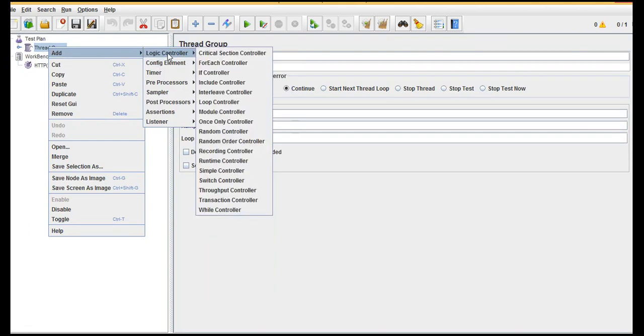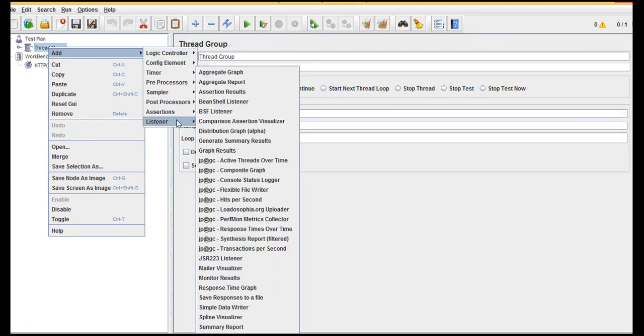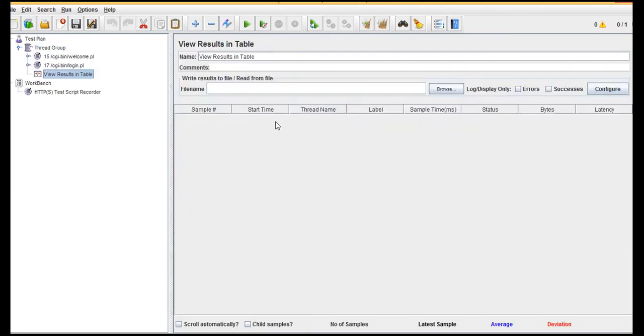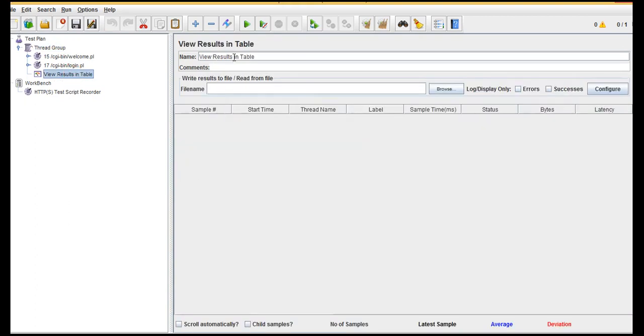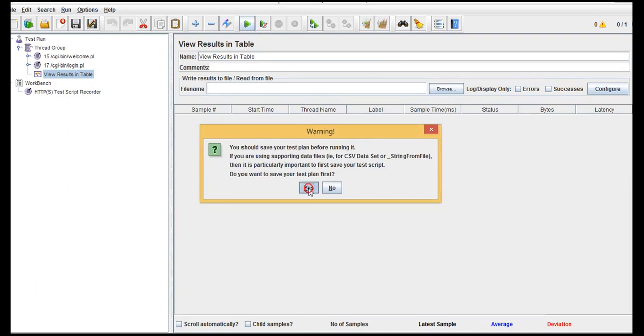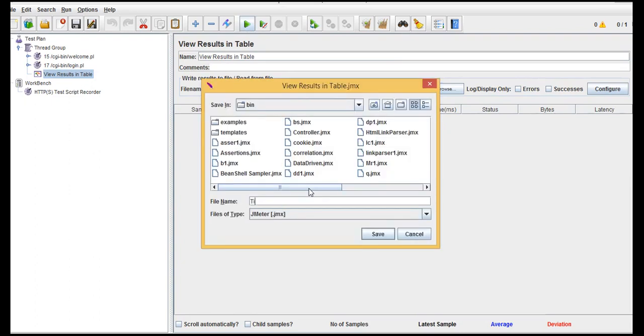This time we'll add a listener called View Results in Table, because we need to watch the start time and stop time. This will be sufficient. I guess we can run this now and see. Let's say timers.